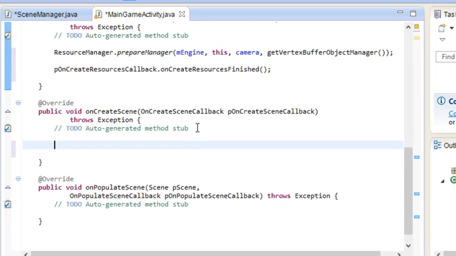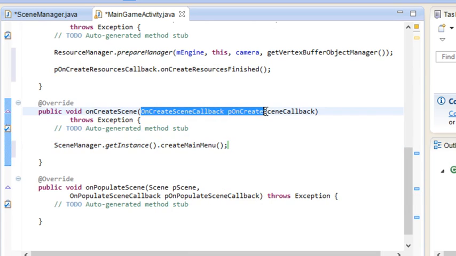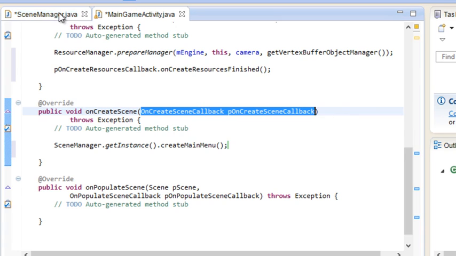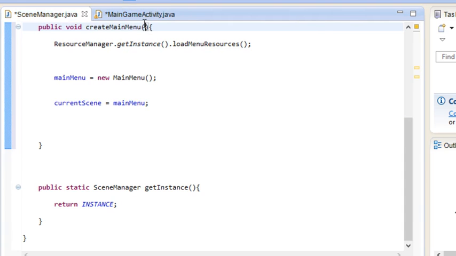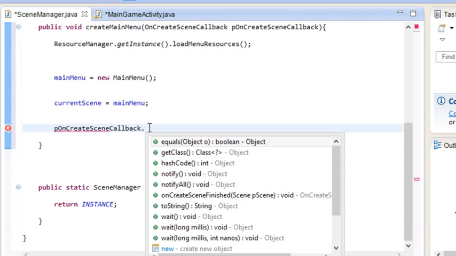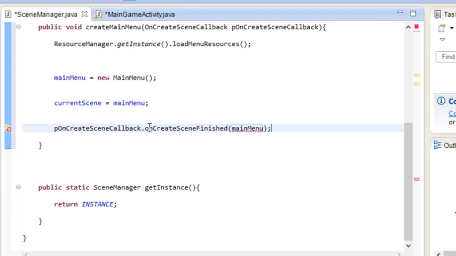and move to the next method here. And in this method on create scene, we need to simply do scene manager, get instance, create main menu scene. But in the main menu scene, we need to add this parameter here so we can pass it on. So just copy this, Control C it, and paste it into your create main menu method. And at the bottom, we need to do P on create scene callback, and we need to do on create scene finished, and then pass it the main menu scene,